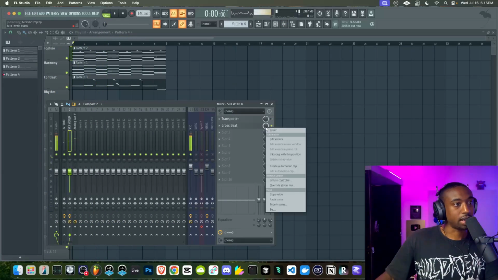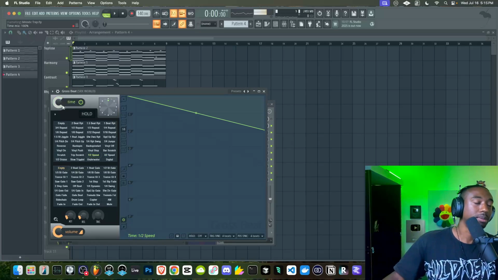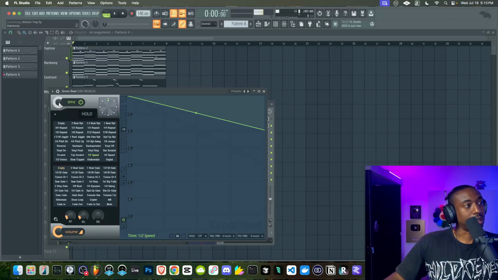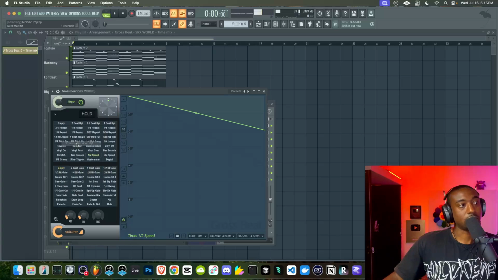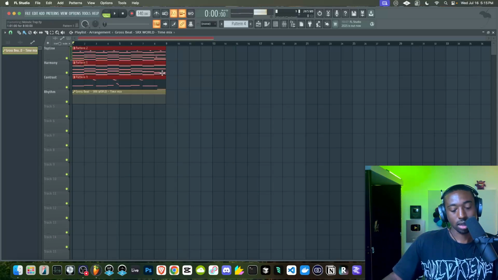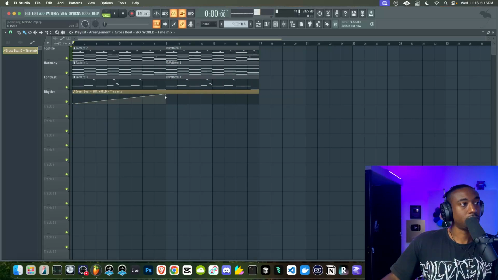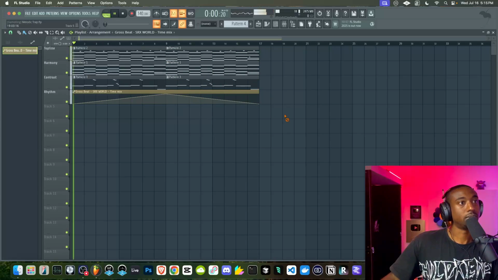And what you guys can do is actually automate Gross Beat. So we can either automate the time or we can automate the mix level. So for this one, let's mess with the time. Let's right click, create an automation clip. So I could duplicate this, and without adding any sounds, I could basically turn it off, turn it on, and then turn it back off.